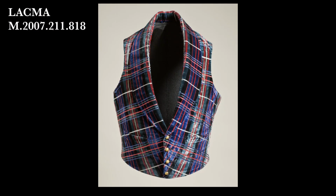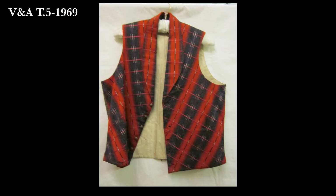Most of the waistcoats that I found for this era when it came to tartan plaids tended to be out of a velvet. This is usually a silk or sometimes a wool velvet. This is not something that I can easily find. So I'm not going to try to find a very specific color of plaid. I can barely find it in solids. It is not worth the time or the money for me to try and do that. I could also have gone with a wool option. Again, I wasn't finding anything that was the right color or the right particular plaid, so that wasn't working out terribly well. Woven silks are definitely an option, but most commonly today, I'm going to be able to find options